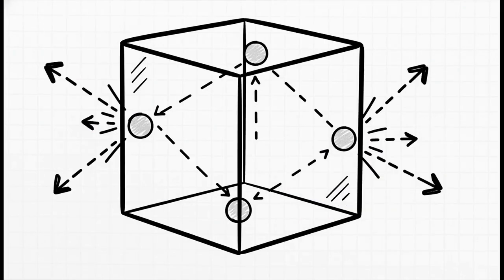And then you have gases. Here, the particles are just going wild. They're flying all over the place with tons of energy, and they're super far apart from each other. All that empty space between them is the reason a gas has no definite shape or volume. It's also why you can compress a gas so easily.